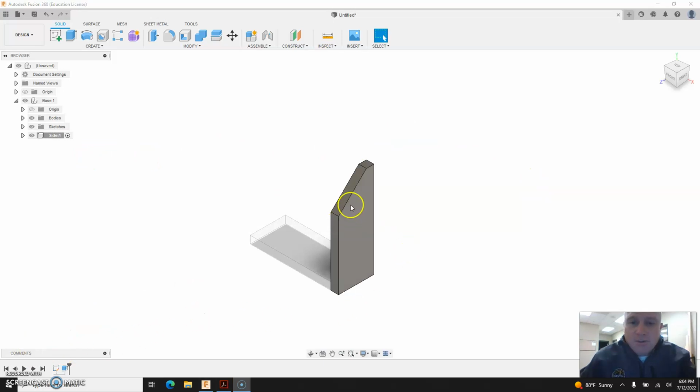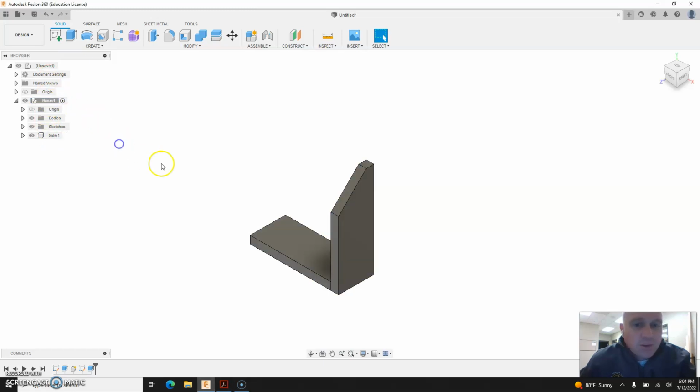And now I have the first side created for our part. Notice how our base is still kind of grayed out. That's because it's not selected up here in our browser. And so if I come over here and I click to select the base,